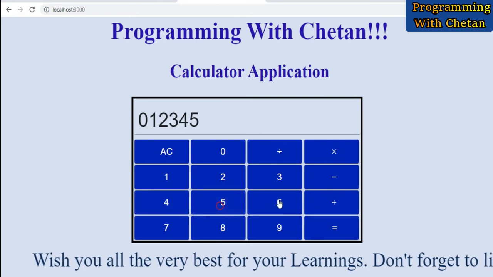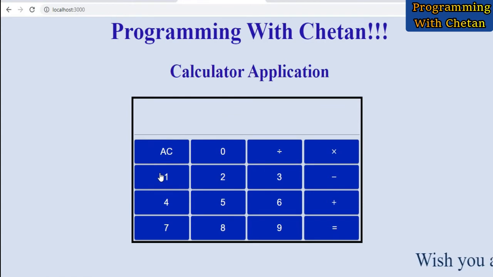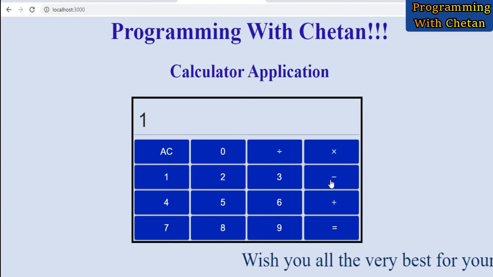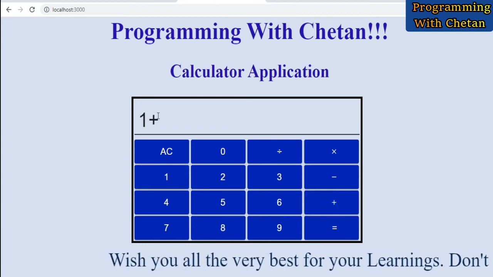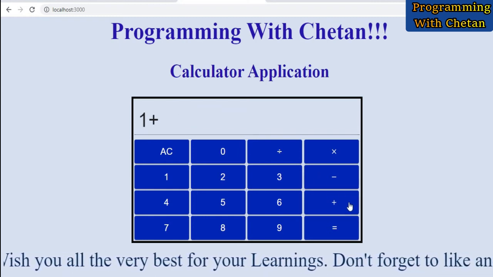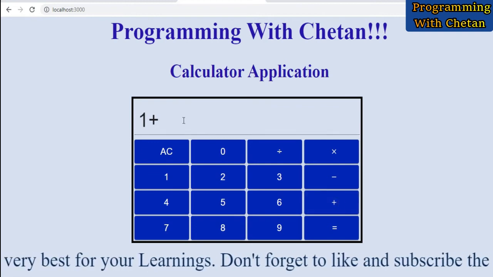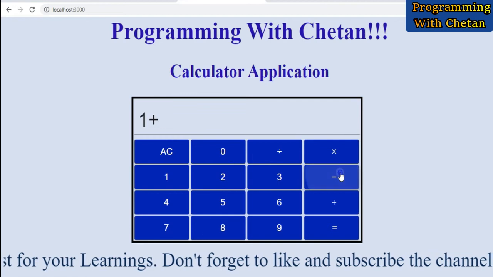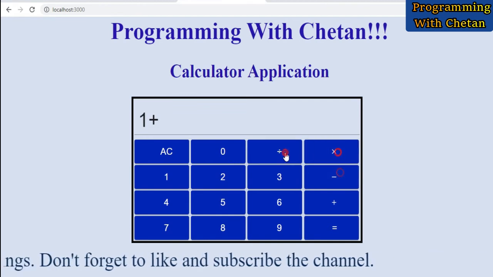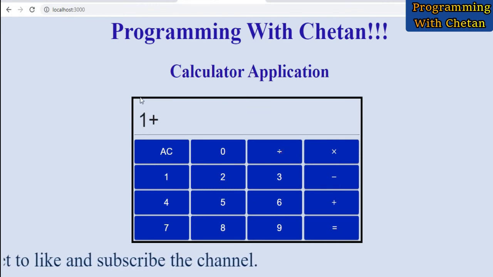Here I am pressing all the input keys for you guys. Let me clear it first. And friends, I have also added various validations on these operation keys. Let's take an example. If I click on 1 and then press the plus button, you can see that the plus is appended to our 1. Now if I press the plus button again, you can see that it is added only one time. Similarly with other keys, when I press different keys for performing different operations, you can see that it is not getting appended.